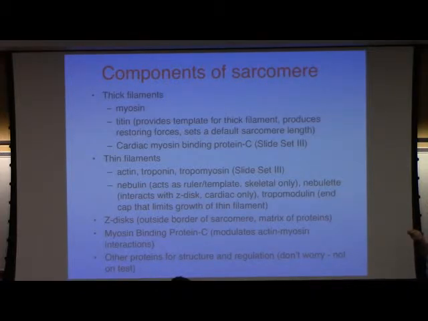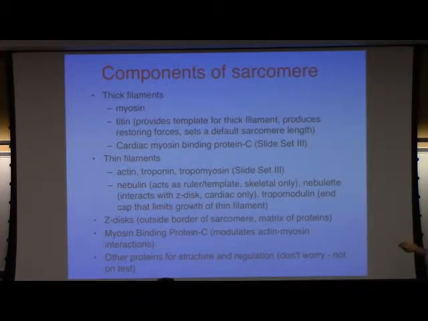trying to get you into some of the issues around trying to understand muscle. Okay, so there's a number of components of the sarcomere. There's actually many more, but these are the ones that are important. These are the ones that are going to be on the test in one way or another. You got to know what myosin is. Titin, again, is this big protein. It's a template for the thick filament. It produces restoring forces. It sets the default length of the sarcomere. There's also this thing called cardiac